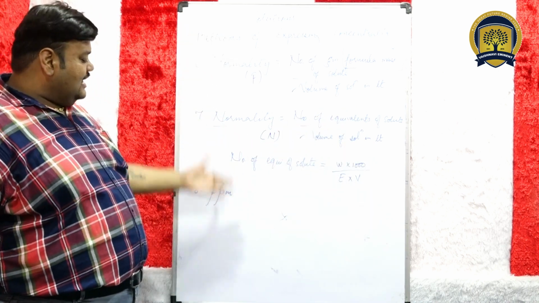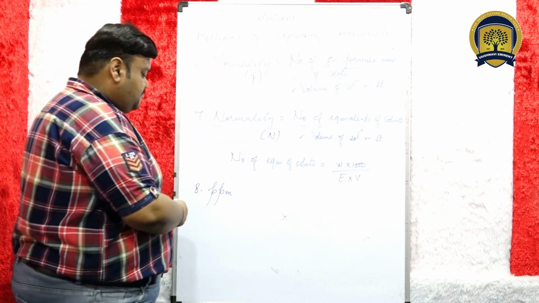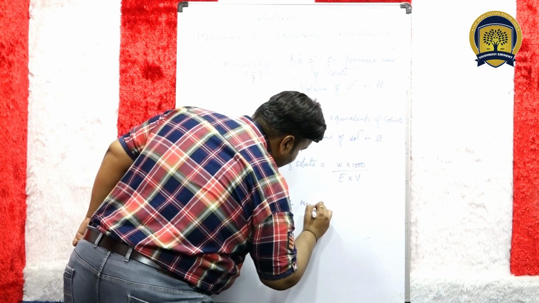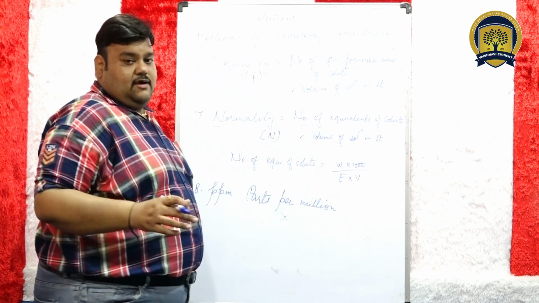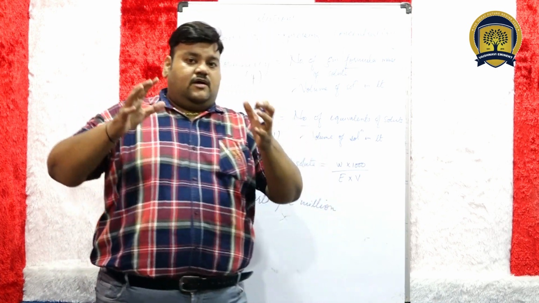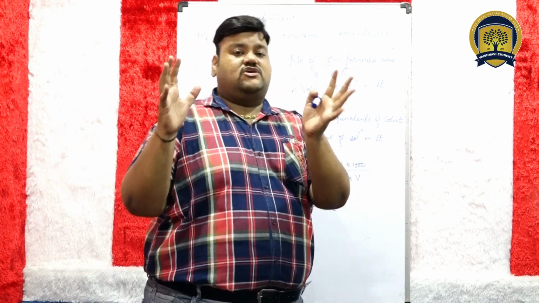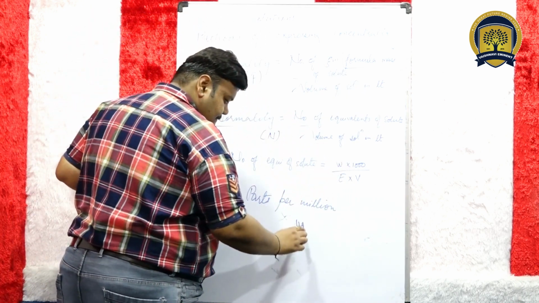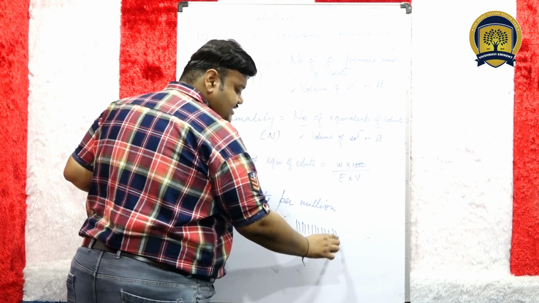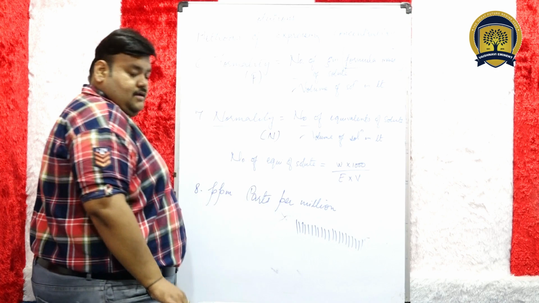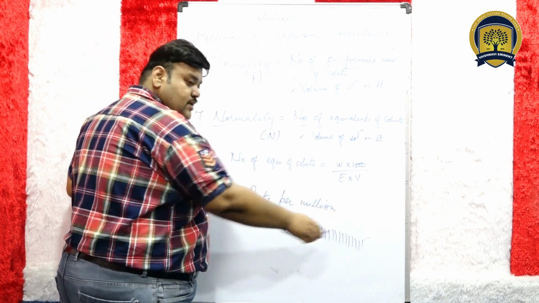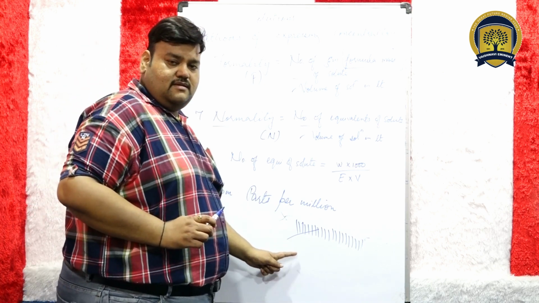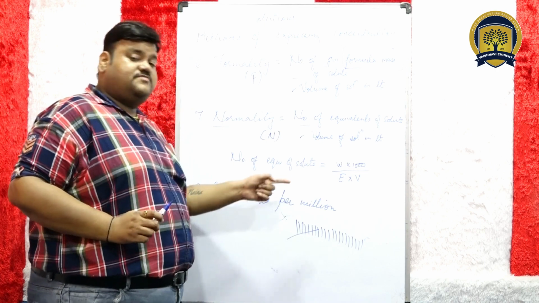And here we move to the last method of expressing concentration, and that is ppm, that is parts per million. Now, just a few minutes back I told you about the meaning of percentage. You divided the entire solution into 100 different parts. Now you will divide the solution into 1 million different parts. When you start counting, let's say out of this 1 million parts, solute is found in 10 portions. So this will become 10 parts per million.